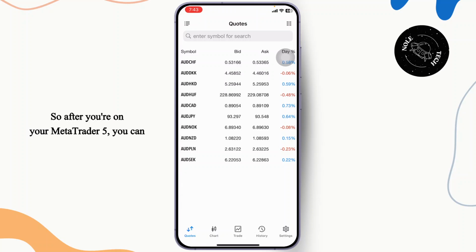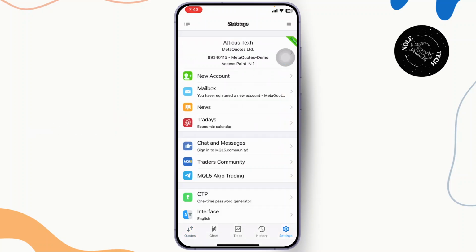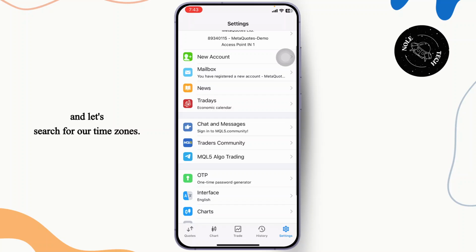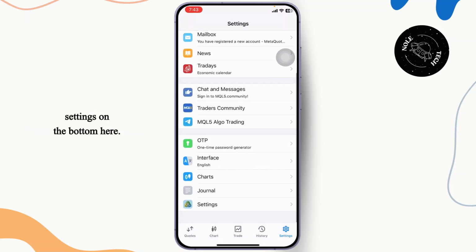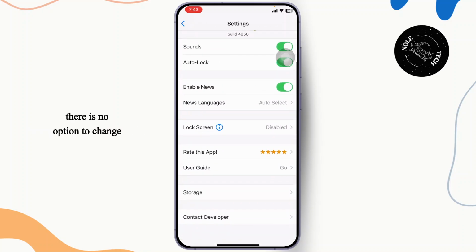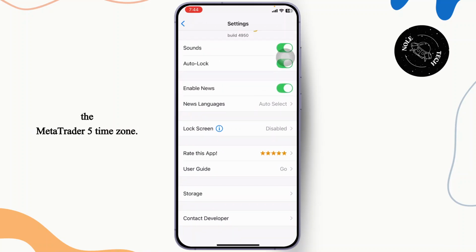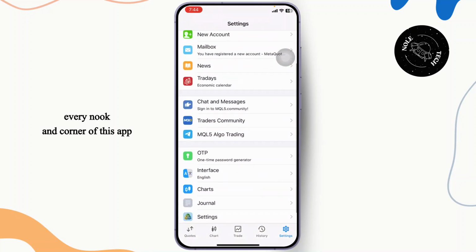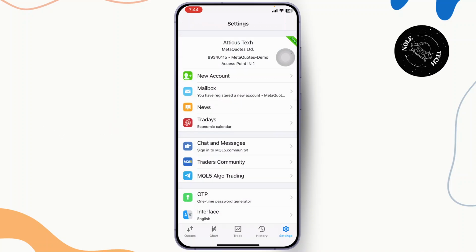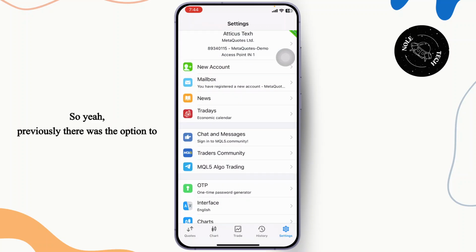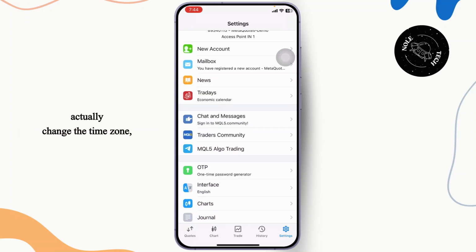So after you're on your MetaTrader 5, you can head over to your settings and let's search for our time zones. So normally the time zone should be in our settings on the bottom here. If you tap on settings, there you'll find that there is no option to change the MetaTrader 5 time zone. So you can simply check every nook and corner of this app and you'll notice that there is no option to do so. So yeah, previously there was the option to actually change the time zone, but it has